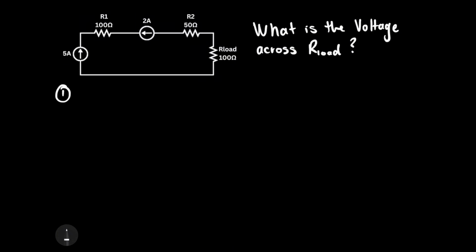In step one, let's first understand the circuit and understand what really is going on. According to the law of current conservation, all the current in the circuit must be constant and can't really go anywhere since this isn't a parallel setup. Now we know that we have a 5 amp and a 2 amp current source flowing in opposite directions. Therefore, if we superimpose these on each other, we understand that there is a net 3 amp current flowing through